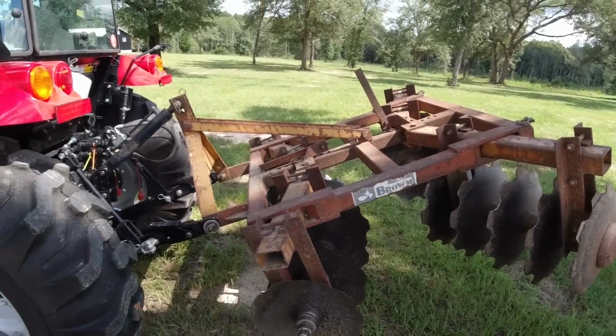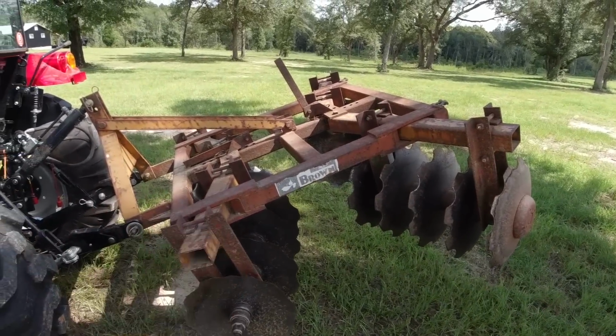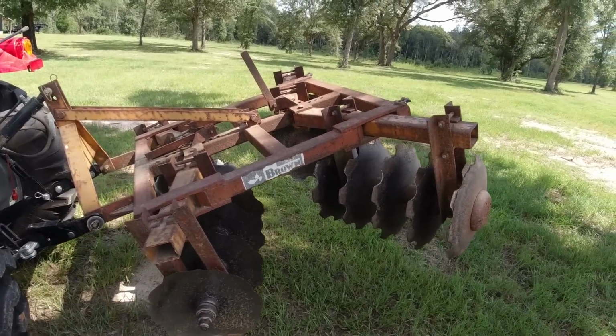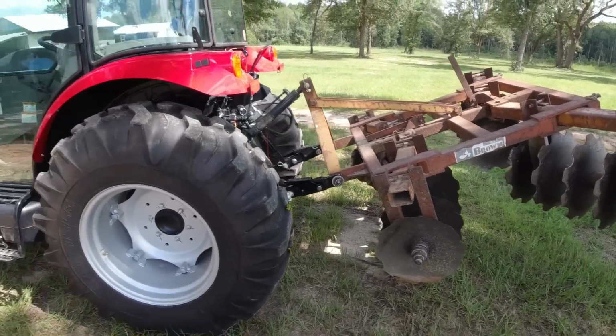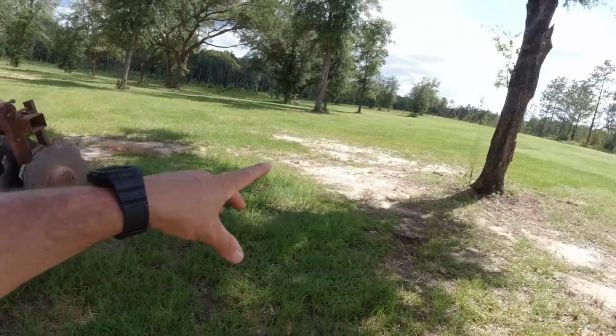And if I was to ask Homestead to get me one, they'd have to build it and send it, and it's 4, 6, 8 weeks down the road. And I only need it now. And I probably only need it once a year or whatever. So will I get a Homestead Implements disc? Probably. But what we're going to do is take the TYM T574 and the disc,